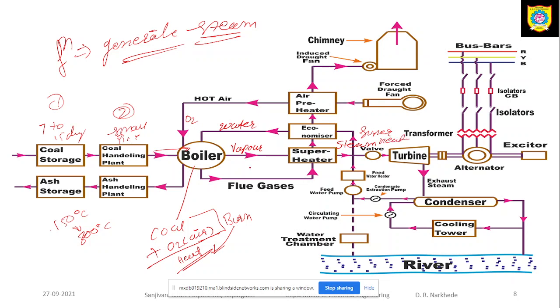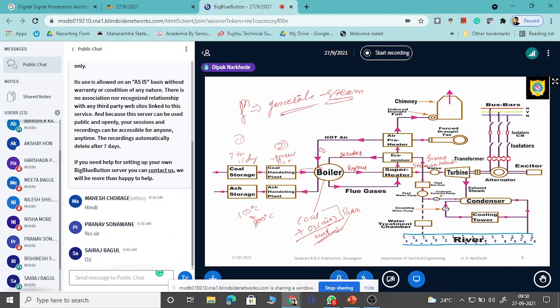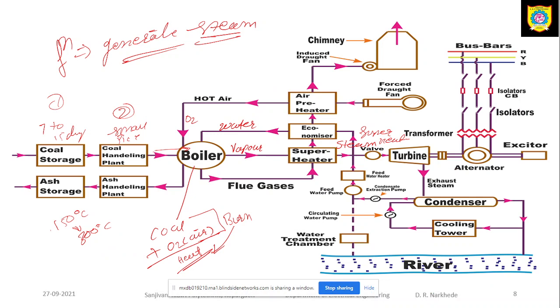Superheated steam. So now, how to heat that one? Basically, when my coal is going to be burned, after the burning of the coal, you see some smoke released into the atmosphere. In your home also, when you burn wood or something else, we can observe that smoke is released. What is that smoke? Smoke is nothing but a mixture of different gases.